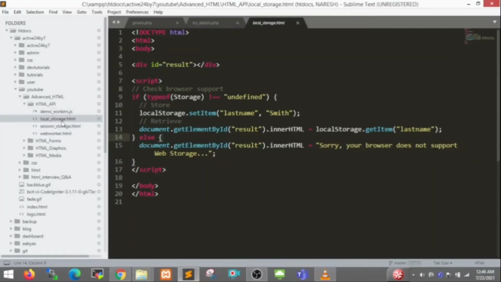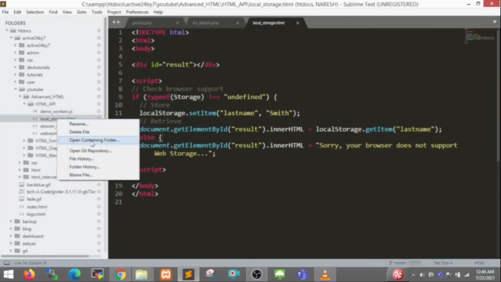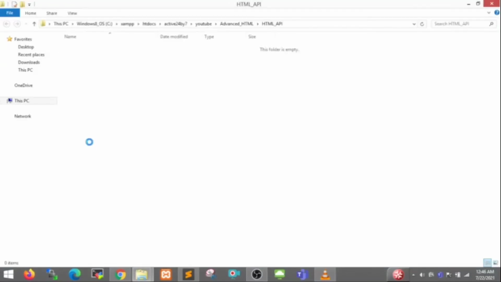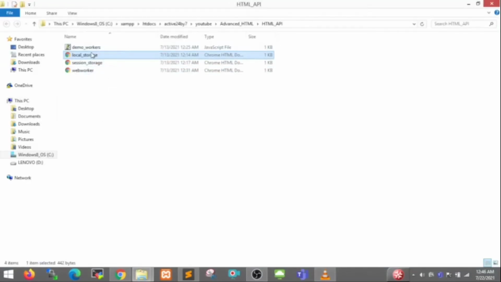So let's go to this page. I open it in my local system, and here I created my local storage web page. When I double click on it, Smith is my local storage value, because here I didn't use any HTML tag for displaying Smith. I just chose the local storage.